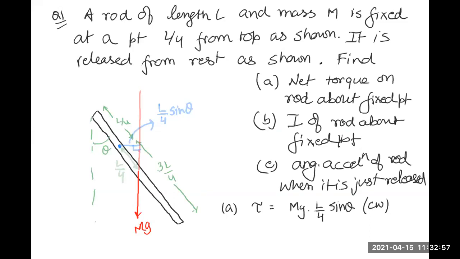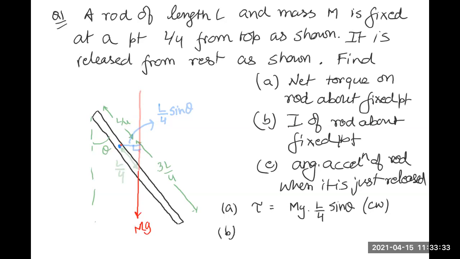B. Please also notice that there may be other forces acting on the object due to the fixed point, due to the nail that I have driven through the rod. But all these forces will be acting like this or like this or like this. They must be acting from my chosen origin. And therefore the torque due to these forces must be 0. Okay, I'm not going to consider these forces at all.